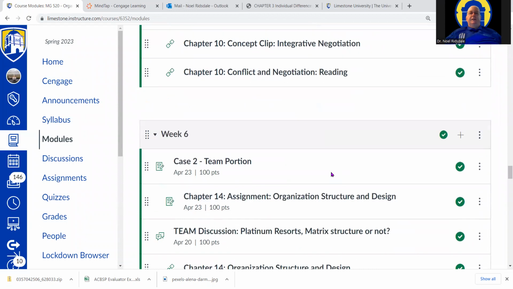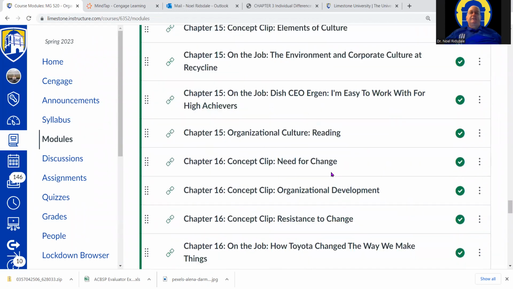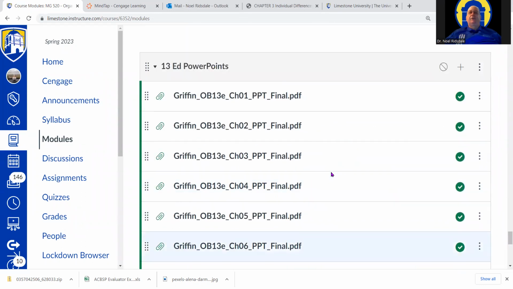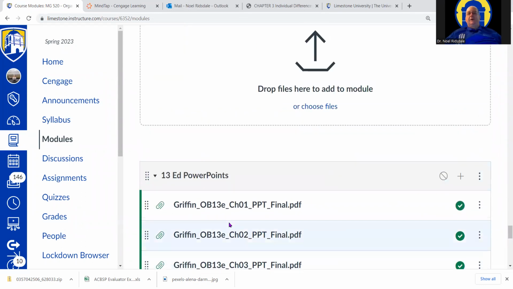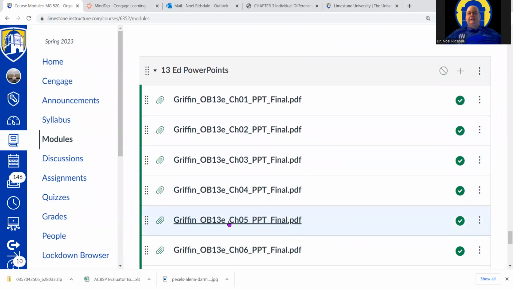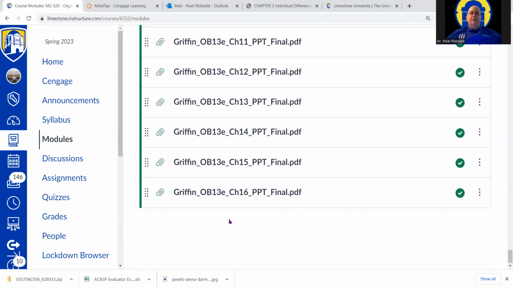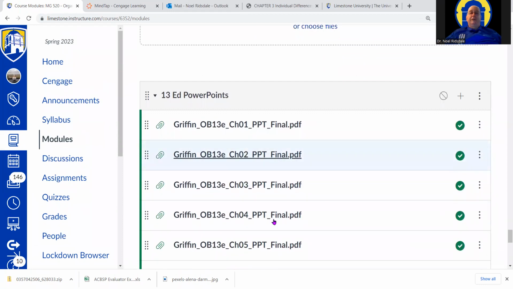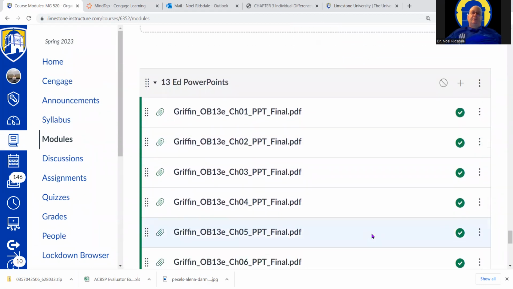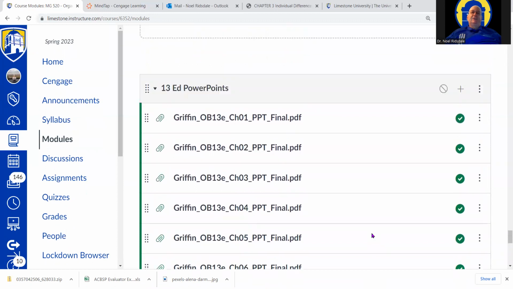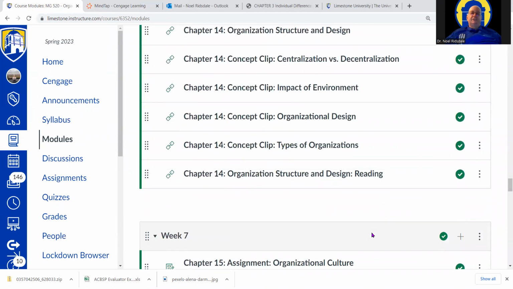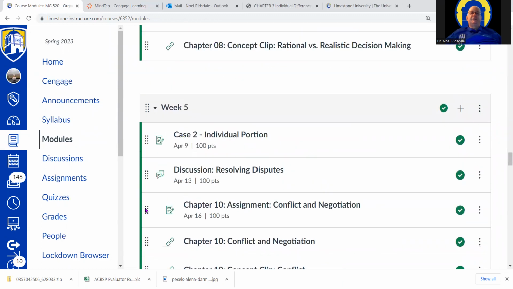Okay. So as we go through here, all the way down to the end, you can't see the final, but at the very end, I want to point out the full PowerPoints are available to you guys if anybody wants to look through those. You'll find that because they're all here, I will be pulling out slides each week for our discussions or for my weekly videos.